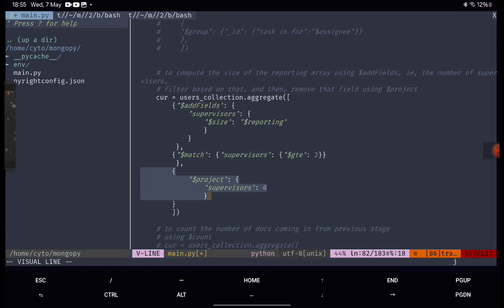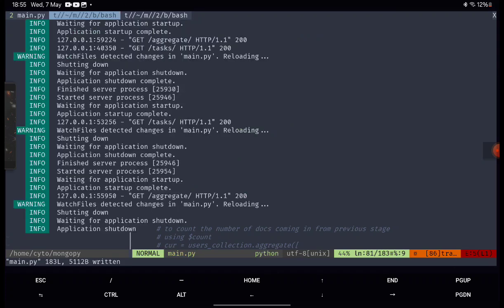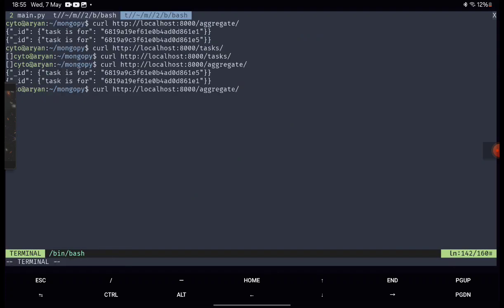The next stage is about projection. What projection basically does is it changes or transforms the columns accordingly. In my case we are just removing this vestigial column because we don't need it anymore. This was a computed value. So when we write this out and go here,